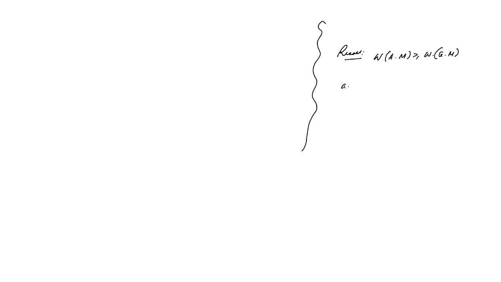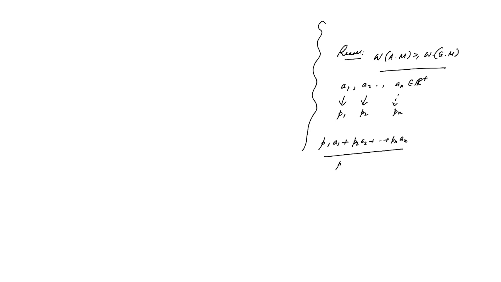If you take a1, a2, up to an positive real numbers with weights p1, p2, up to pn, occurring p1 times, p2 times and pn times, the weighted arithmetic mean is (p1 a1 + p2 a2 + pn an) by (p1 + p2 + pn),